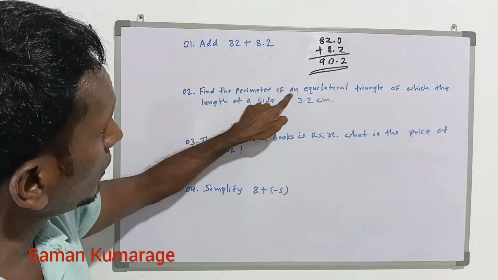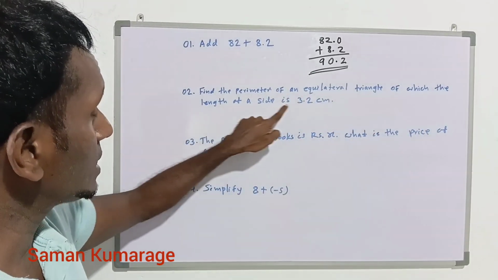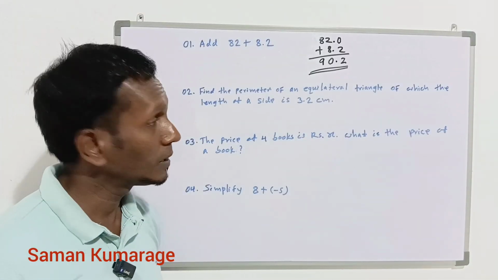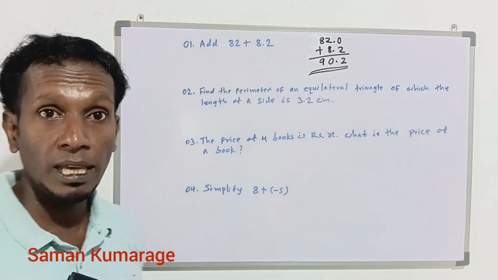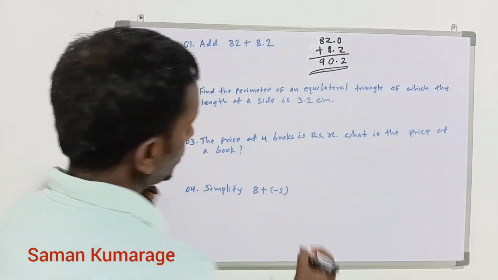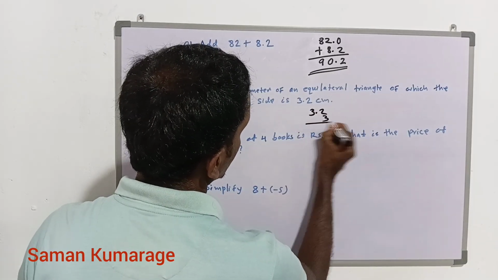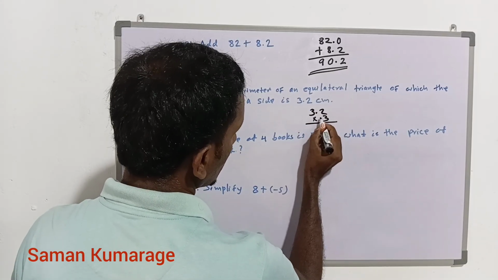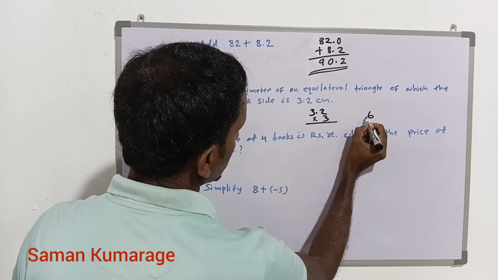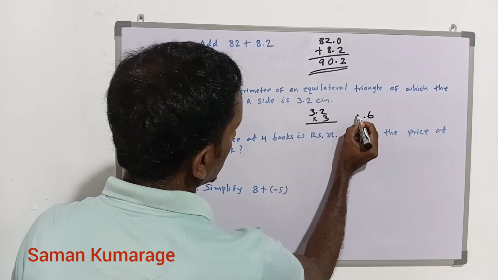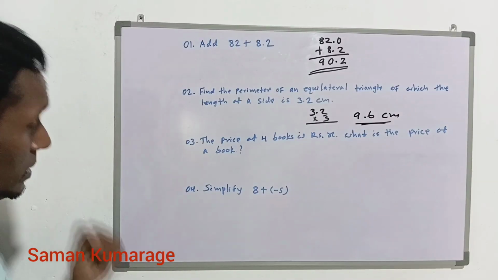Next, find the perimeter of an equilateral triangle of which the length of a side is 3.2 centimeters. We know that in equilateral triangles all three sides are the same in length. So we have to multiply this 3.2 by 3. 3 times 2, 6. 3 times 3, 9. The answer is 9.6. Next,